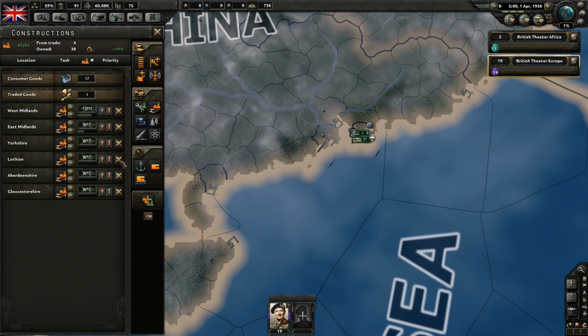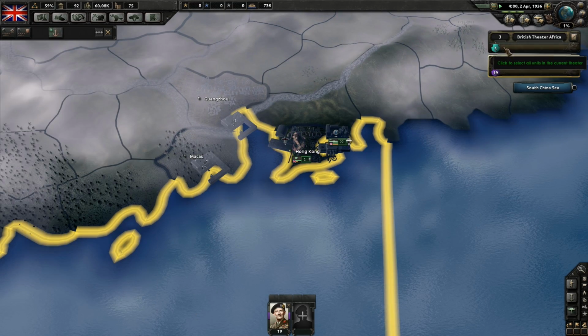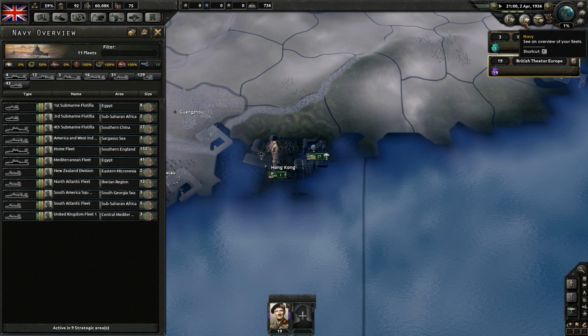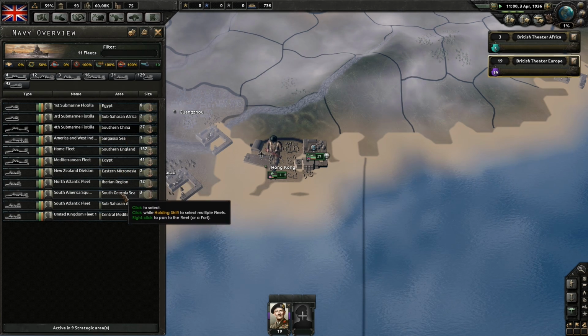Speaking of, how's our construction coming? It's coming along quite nicely. We do have a bunch of factories. Okay, those are all sorted. And I'm going to name this... I'll have to mess with some of these, but that's good for now. Okay, so southern China...